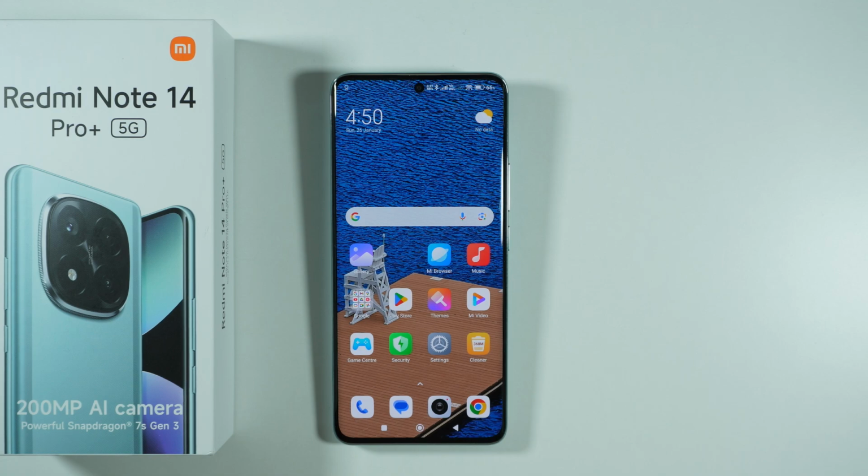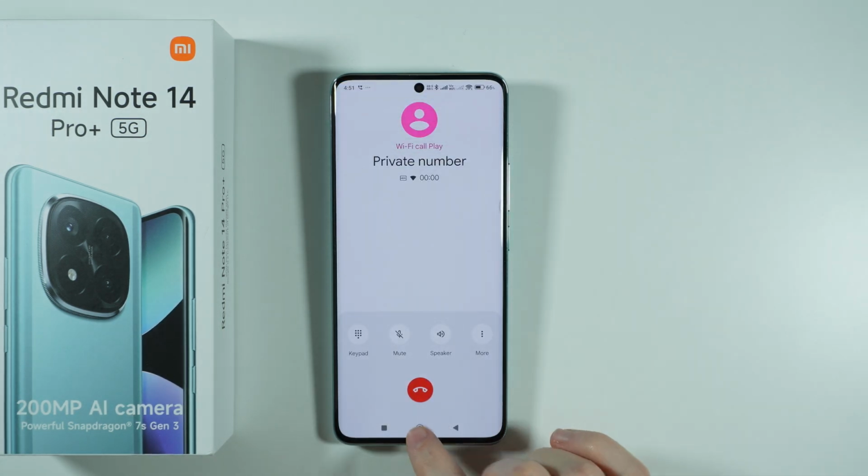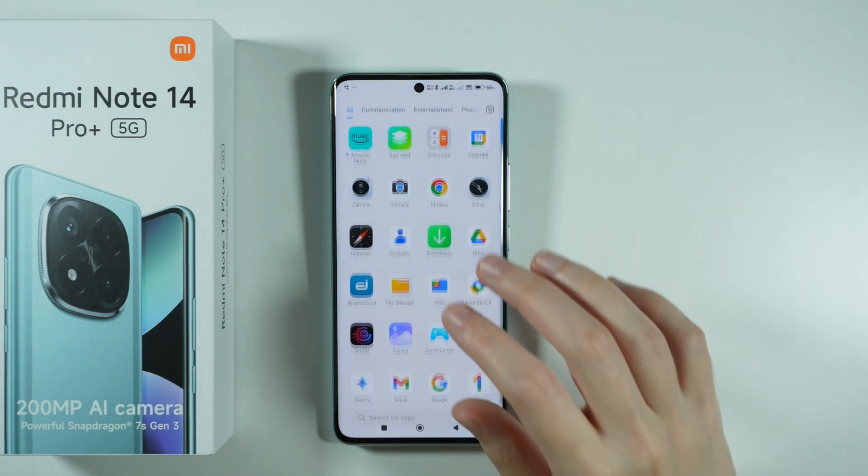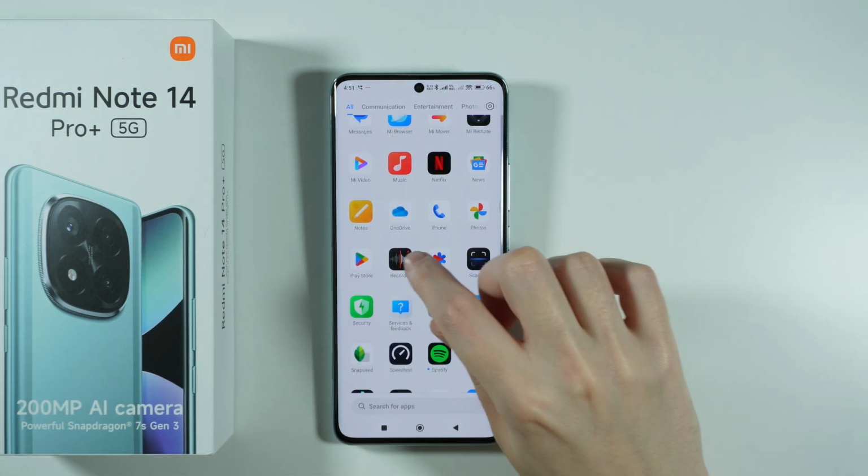Hello, if you wish to record phone calls on Redmi Note 14 Pro Plus 5G, you might have two ways to do so. However, the first one might not work, but you can still give it a try. So the first way to record a phone call is that if someone calls you, and if you answer the call, then you might want to go back to the home screen and you might want to try the recorder